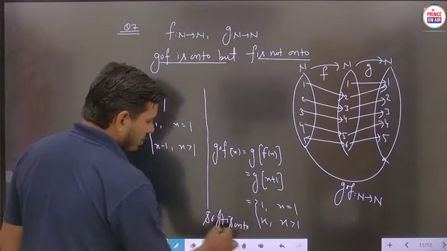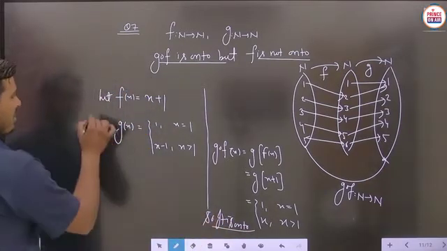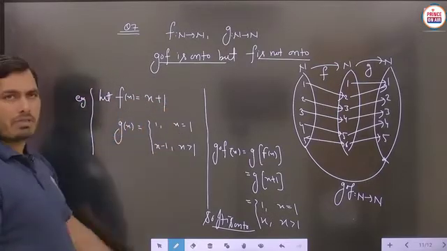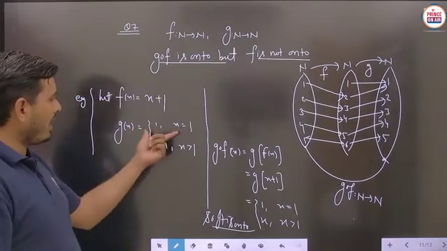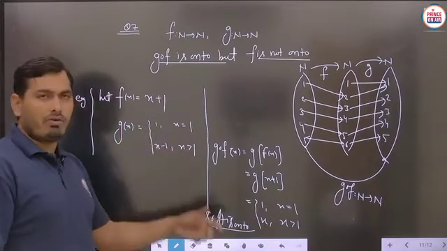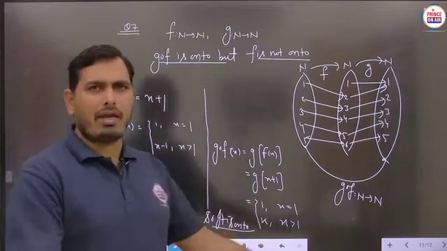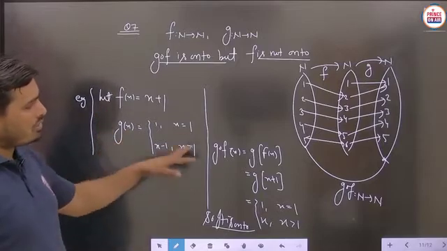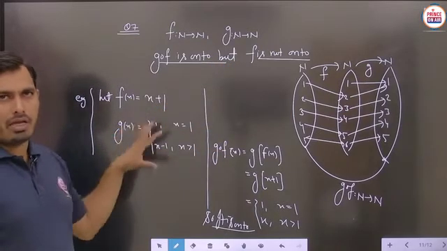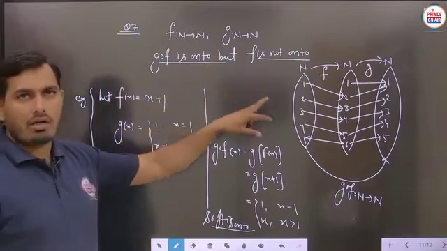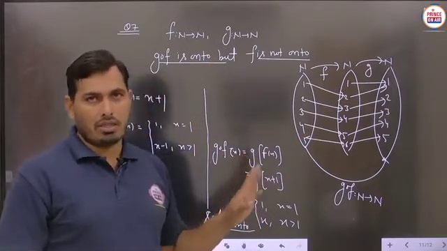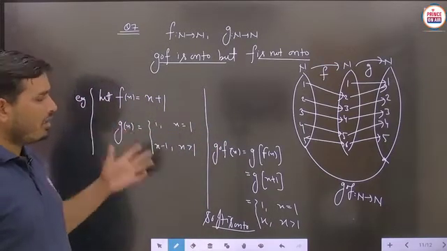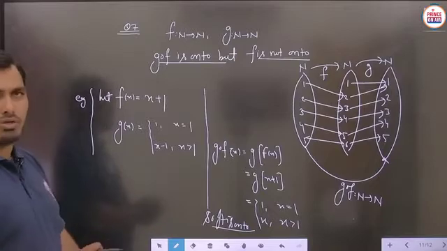So basically student, you can give this particular example, where you assume the two functions as f of x equals x plus 1 and g of x equals 1 for x equals 1, and for x greater than 1 we write x minus 1. Many kinds of examples you can take here, no problem, but we just have to provide a suitable example, then draw the mapping and write any kind of expression according to the given condition. We have to map the particular thing, otherwise the question will be wrong. So you can map this part and give the example. This is the answer of question number 7.